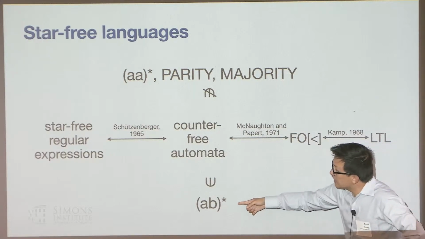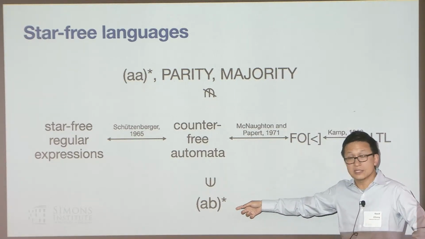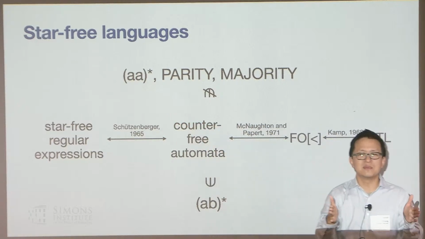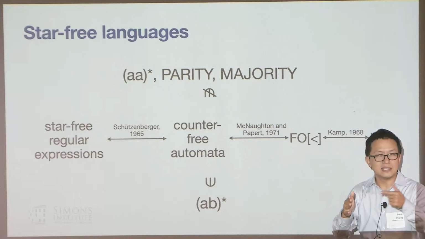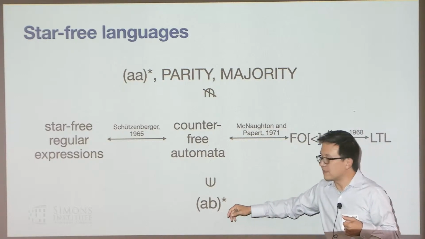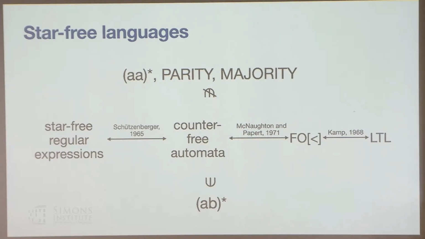So an example, kind of the minimal pair of strings that are and are not in this class: AB star is in this class, but AA star is not. Intuitively, it's because they seem so similar, but in order to verify AA star, you need to keep track of some kind of internal counter and check whether it's even in order to accept the string or not. Whereas to recognize AB star, you just have to look at the bigrams. Parity and majority are also examples of languages that are not in this class. Every language in this class is regular. So this is a subclass of regular, it's a subclass of AC0, and it does not include AA star.